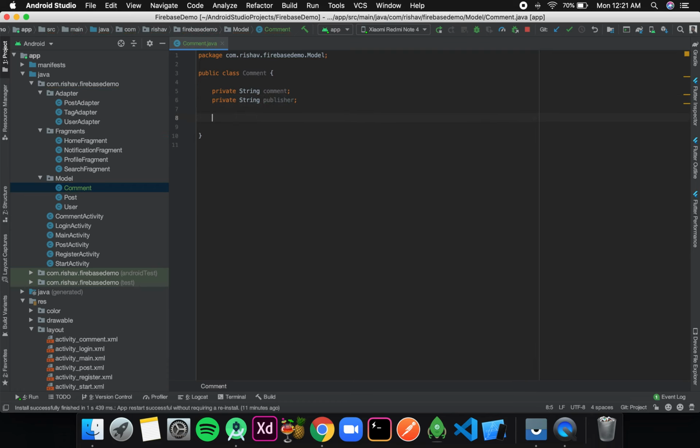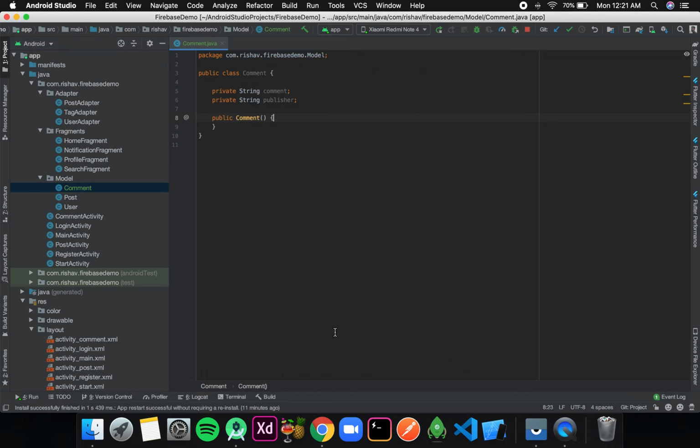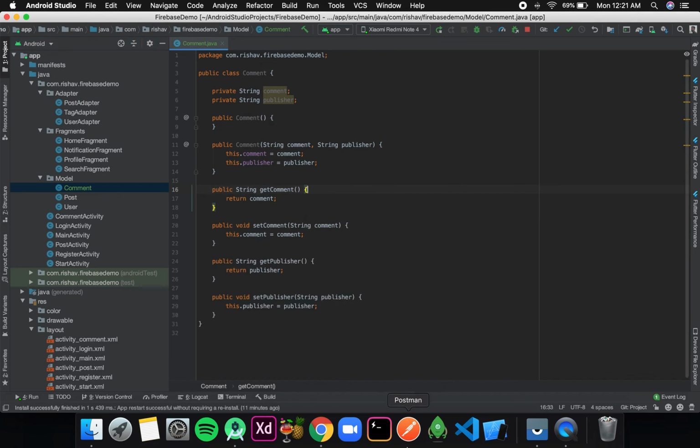After that I'll create a constructor, first an empty one, then a constructor that takes parameters, and then I'll set the getters and setters. So our model class is done.